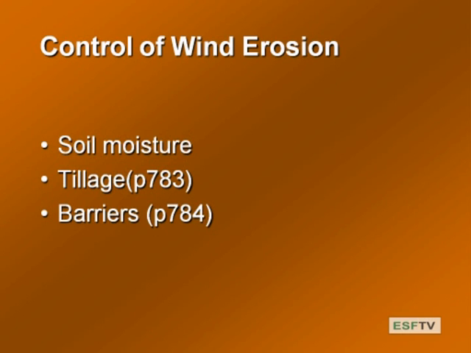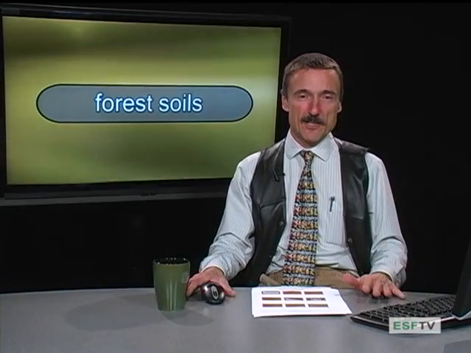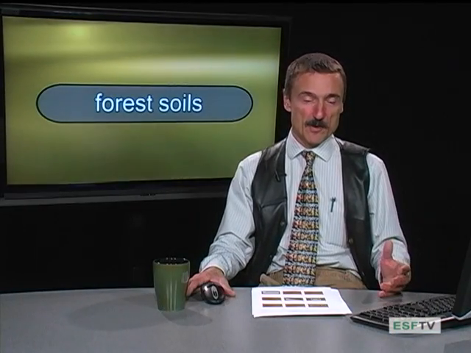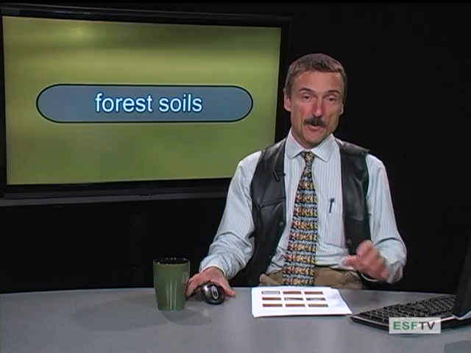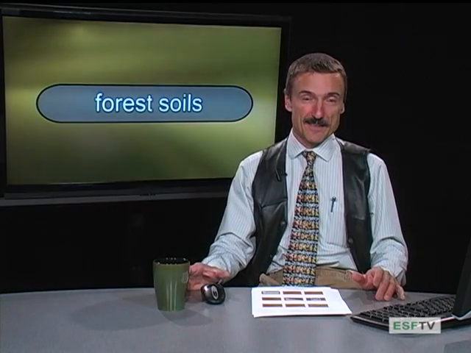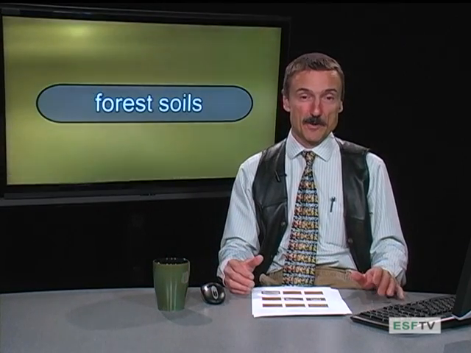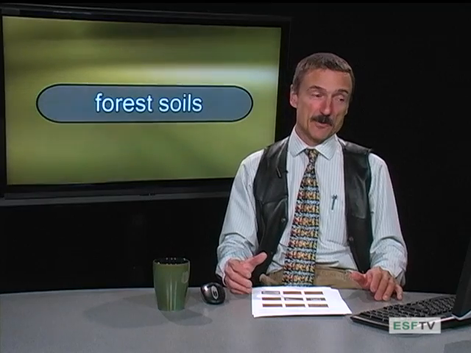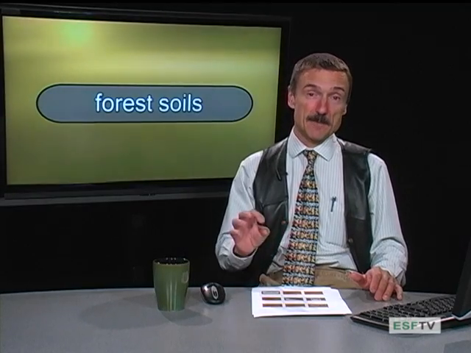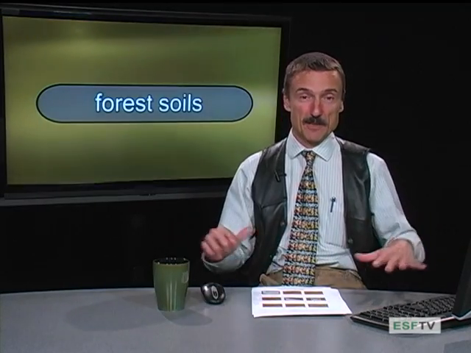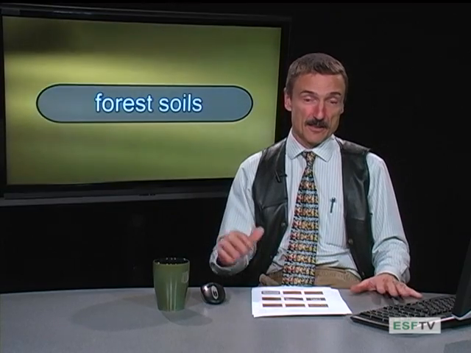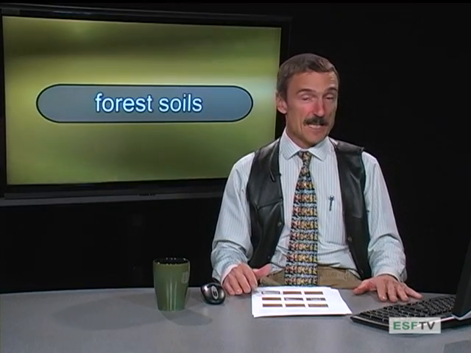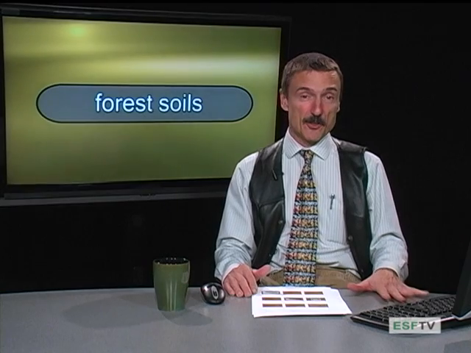We talked about BMPs and minimal tillage and conservation tillage, and it folds into wind erosion. Okay? So as you till the soil, you remove vegetation and you expose the soil to drying, at least the surface. That creates or increases the potential for wind erosion. So you can reduce that probability by limiting tillage and not doing this complete moldboard plow, complete clean surface. And lastly, barriers. So this is the third way to control it.